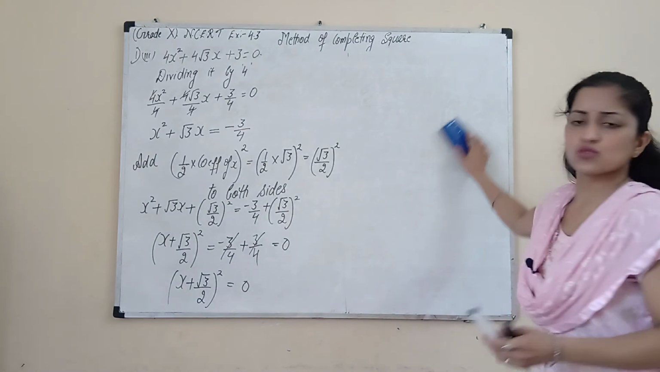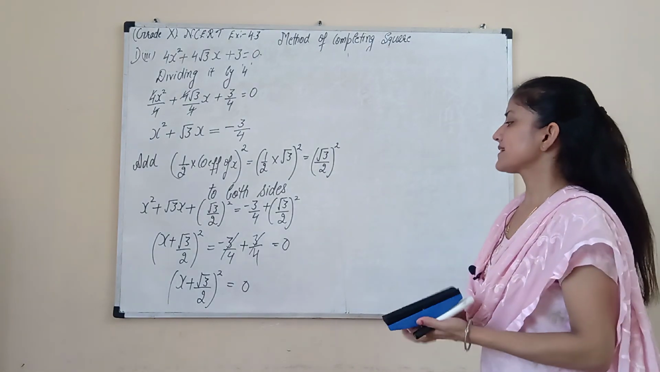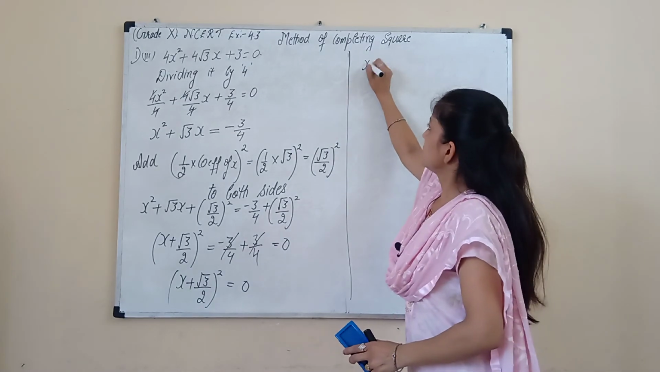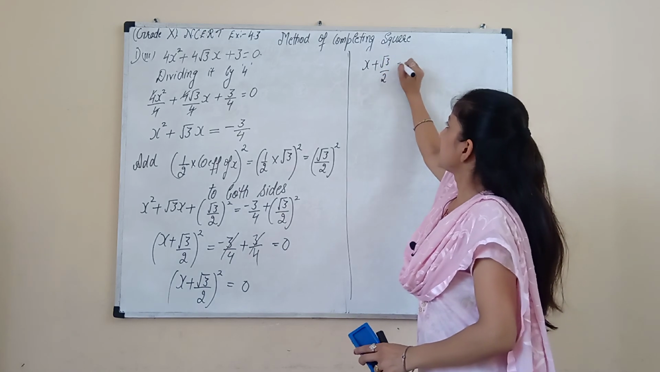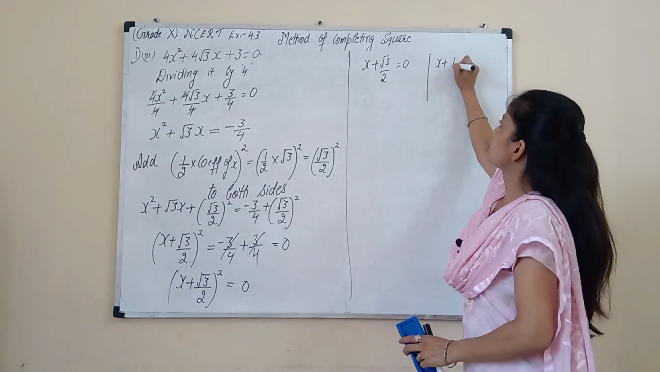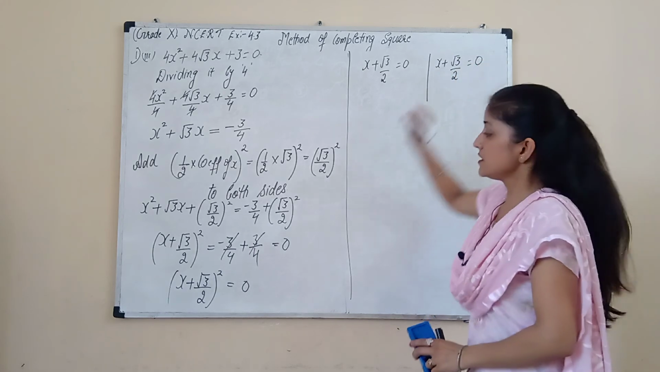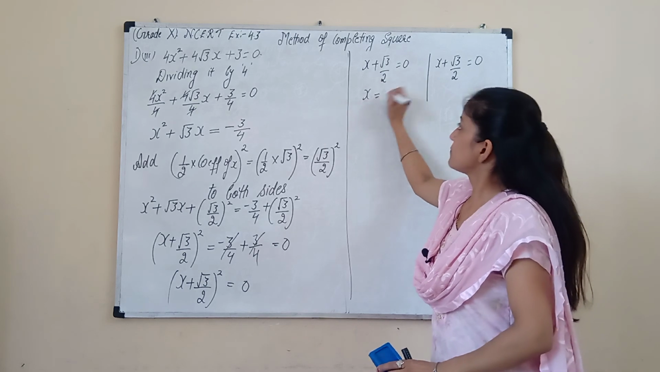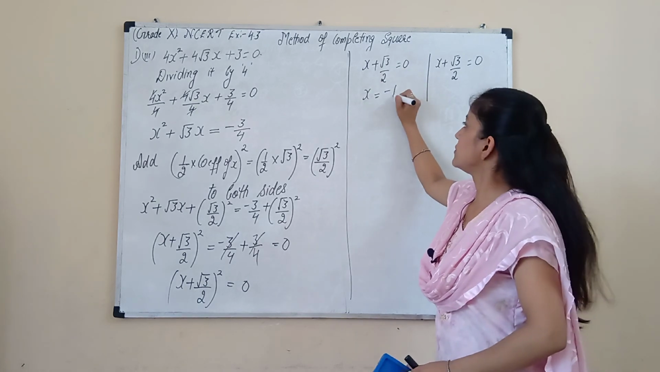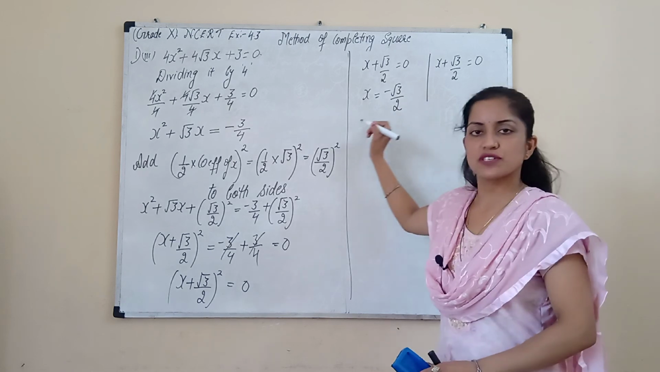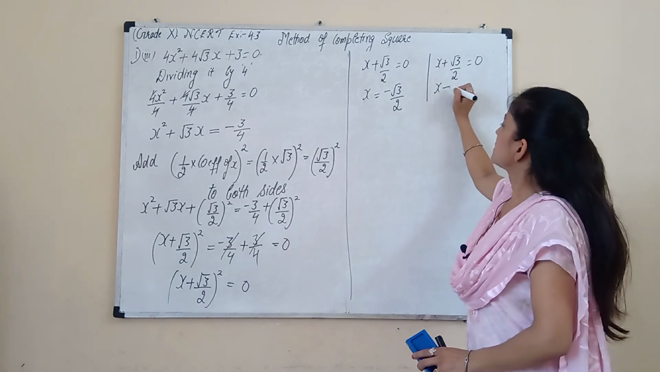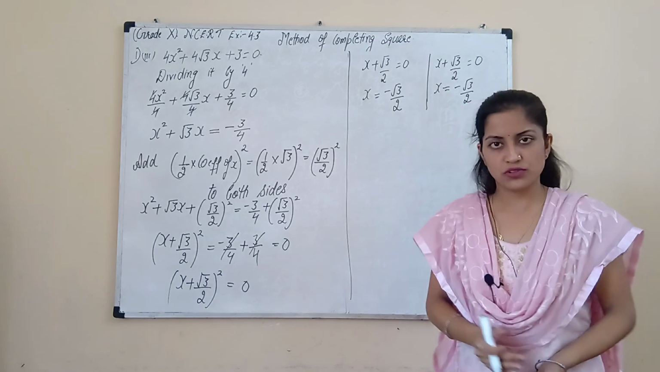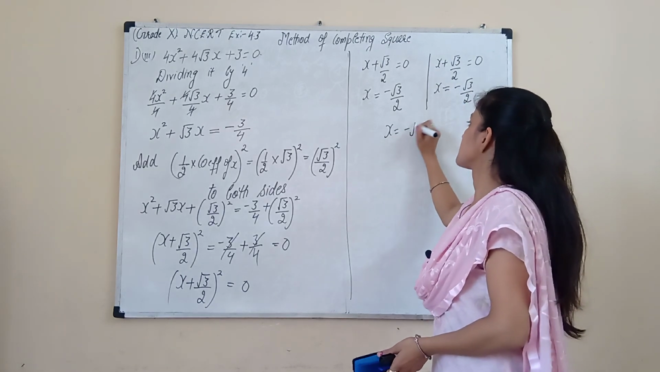Right side is 0, so no negative, positive is there. Next is x plus √3/2 whole square. Write down this term 2 times, since the square is there. Positive √3/2 becomes negative on the right-hand side. This is our first value, and same on this side, the value of x is again -√3/2. So values of x are